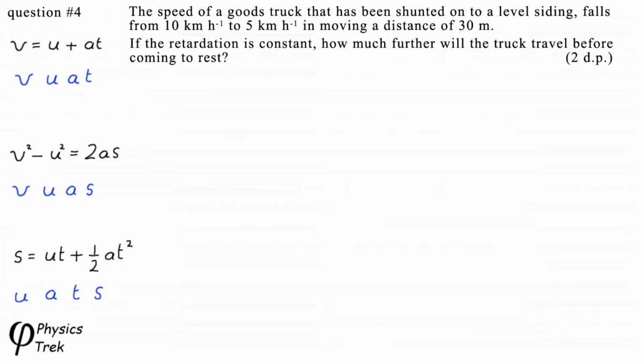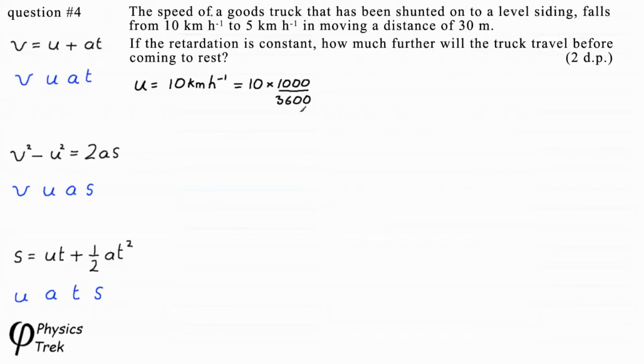So here are our equations of motion and their quantities in blue down the side for quick reference. Now we write out the information given in the question in symbol form. Since we require the distance in meters, we must convert kilometers per hour to meters per second. Simple enough, multiply the kilometers by 1,000 to make it meters and divide by the number of seconds in an hour, 3,600. So we have U is equal to 10 kilometers per hour, which translates to 10 times 1,000 divided